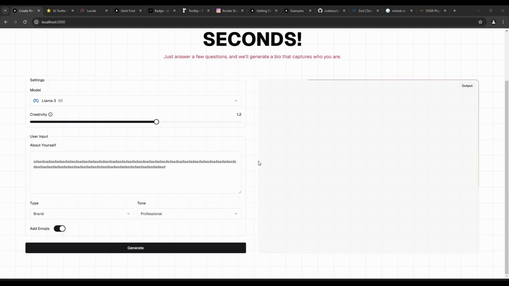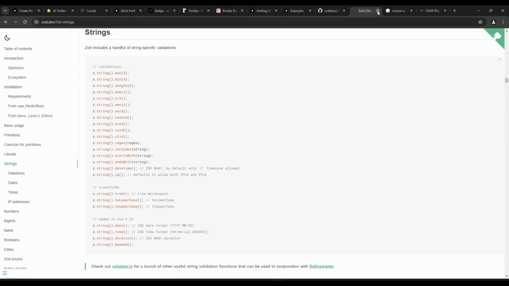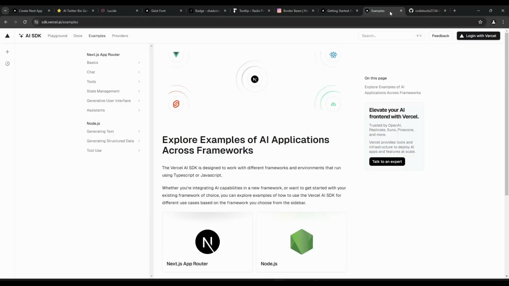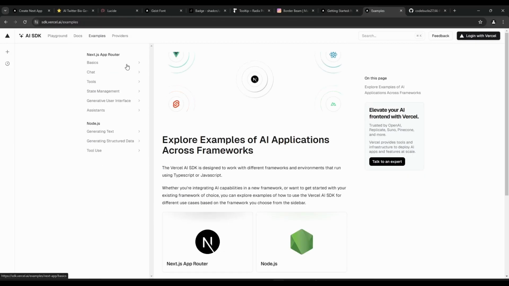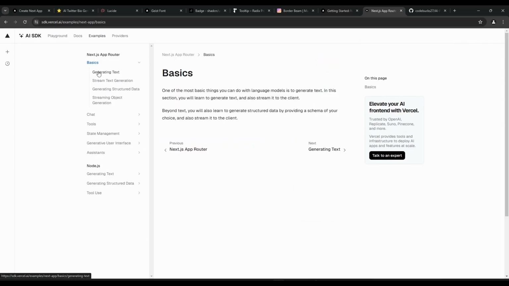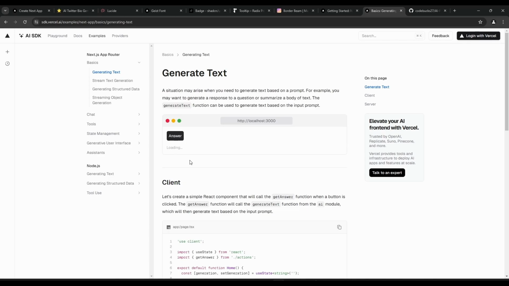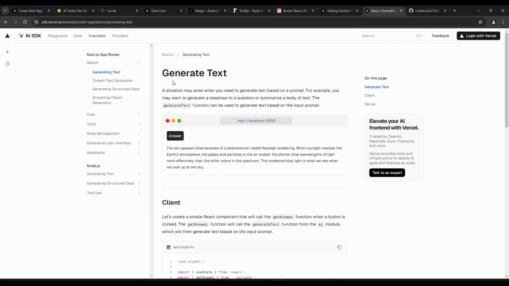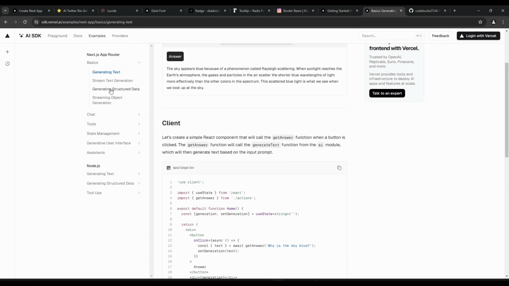So let's see how we can integrate the Vercel SDK. Let me close all this. So here are the examples that we can use. So this is the basic example of generating the text. So if you click on the answer button, it will generate the text. Now for this, we can use the generate text function from the AI, but we will use the